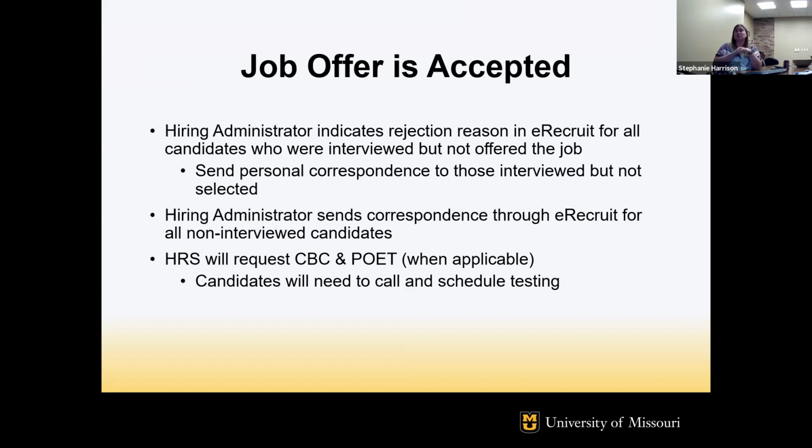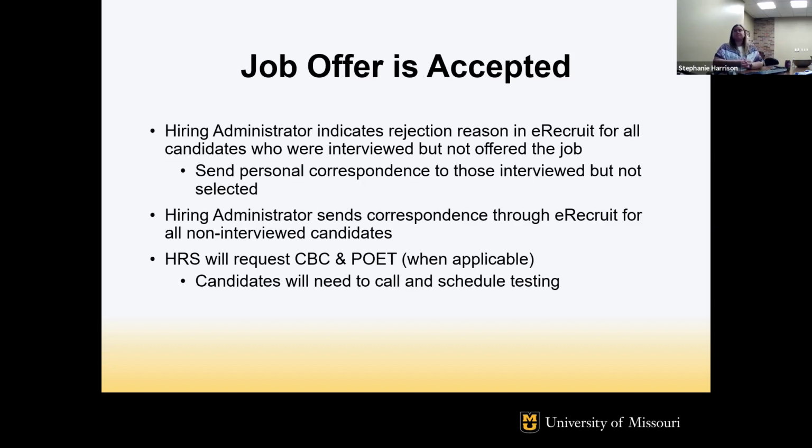If every single person is marked as "other candidate, a different candidate selected," it's not really giving us much to go off of. Then we would have to reach back out to the department to determine why the person was rejected. It's helpful if it's in eRecruit, so if we do receive some sort of complaint, we can respond to it.